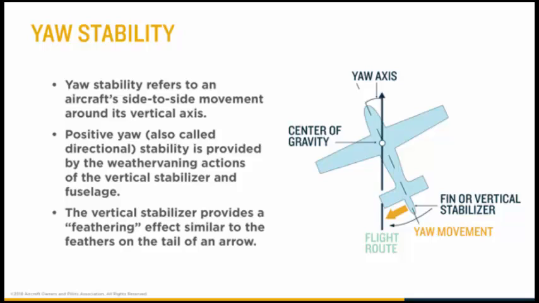So positive yaw stability is largely the result of the vertical stabilizer providing a feathering effect. When the pressure on both sides of the vertical stabilizer is the same, the aircraft flies straight. Any yawing that takes place on one side of the fin or the other is countered by the opposite side pushing back and reestablishing